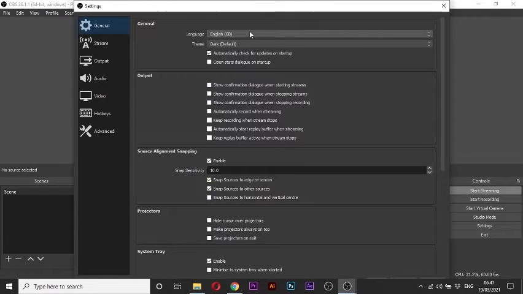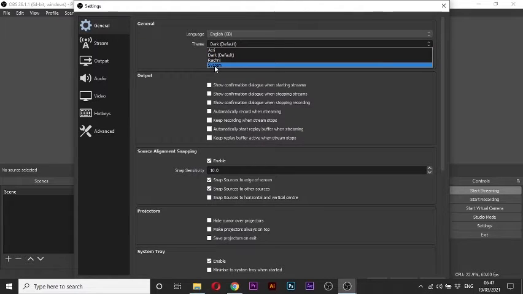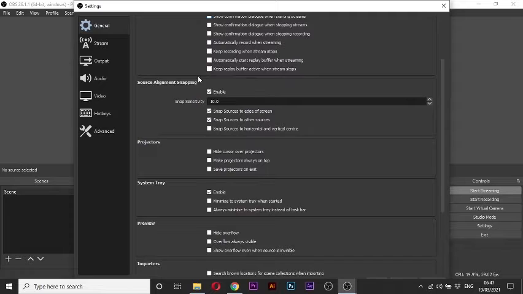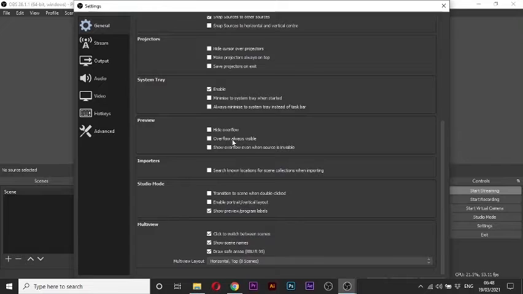and if you want to start, this is the default one. If you are in English, this is the language for the OBS app, so you can change it from English to another language. And the theme, I'm gonna keep it dark, but you can change it to white. And all the output, you can keep these on default, but if you wanna record the stream that you are doing, you can tick these,